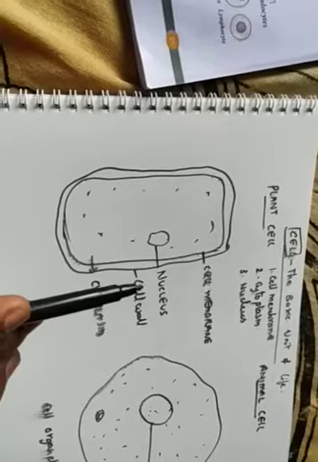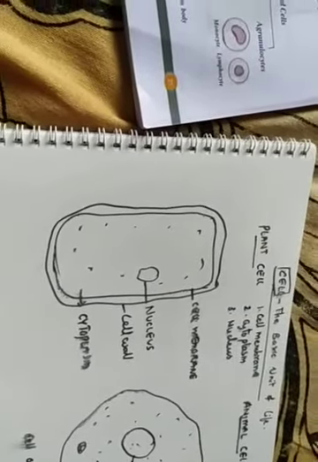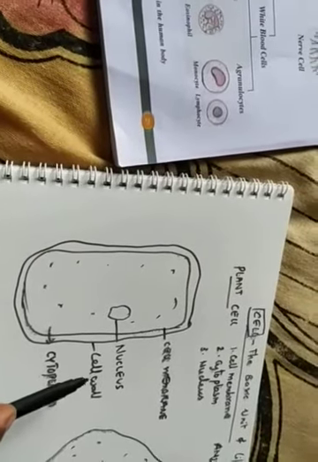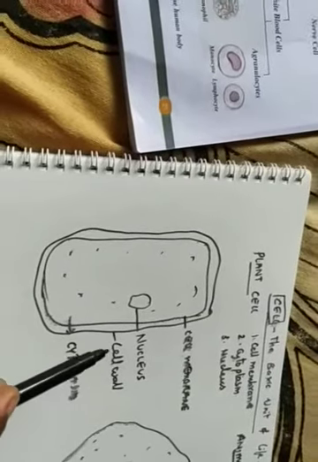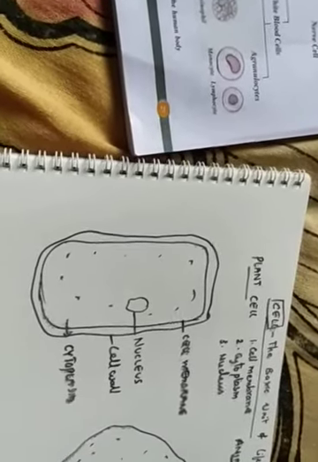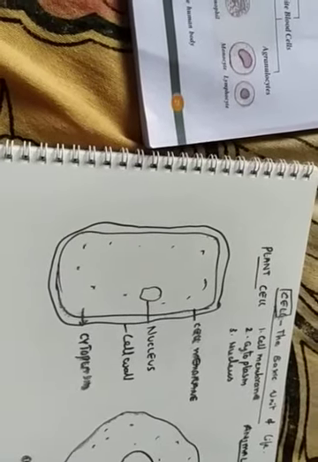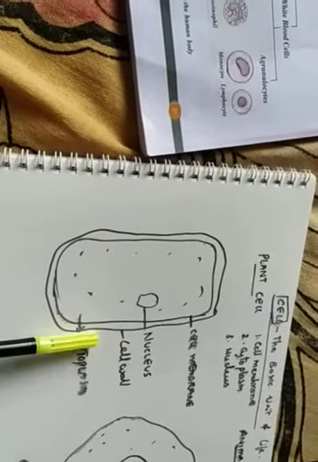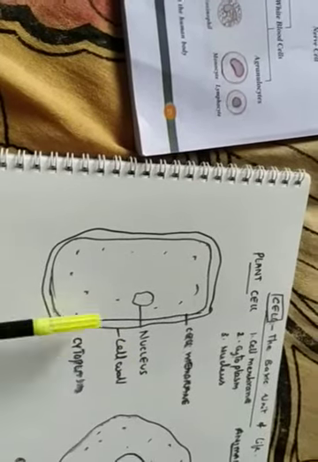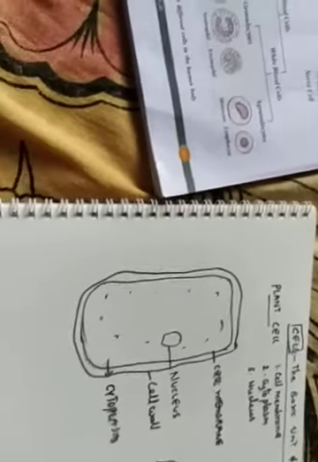This cell wall is like a compound wall of our house. How do we have a compound wall around our house? The same way this cell wall protects the cell, and also it gives rigidity. Rigidity means it gives support. It makes the plant stand erect. Because in our body, in animals, we have bones. Because of the bones, we are able to stand erect, right? But there is no bone in the plant cell. So this cell wall will give the rigidity to make the cell stand straight, erect. Okay, children? Clear? So this is the structure of the plant cell and animal cell.